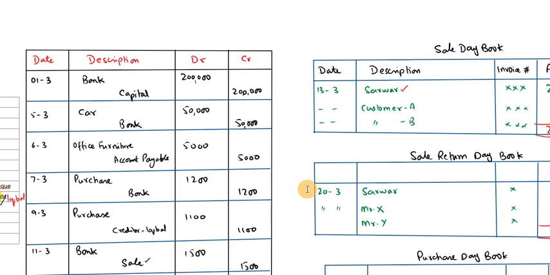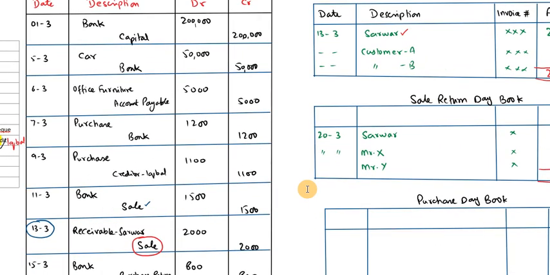Purchase is debit, payable is credit. So where is the purchase debit? Purchase is debit, here is the bank. So this is the cash purchase. This other purchase can be called a credit purchase, because here is our creditor to whom the business pays cash, Mr. Iqbal. So Mr. Iqbal is our business creditor, so this is the credit purchase. We will record this transaction in our purchase day book.